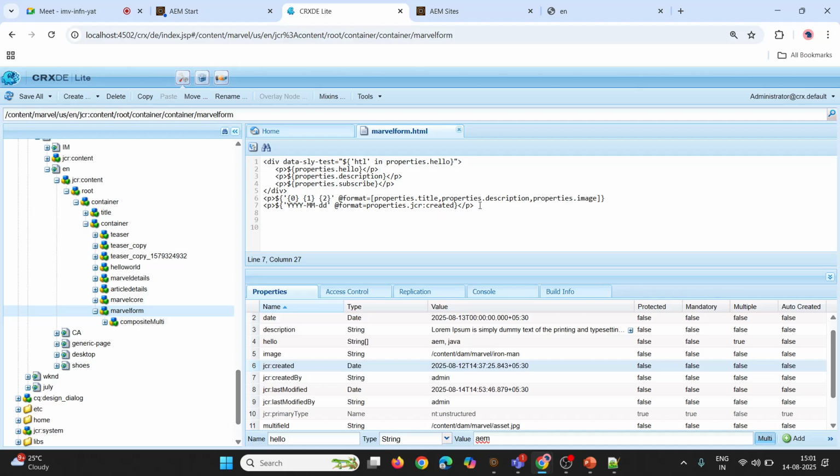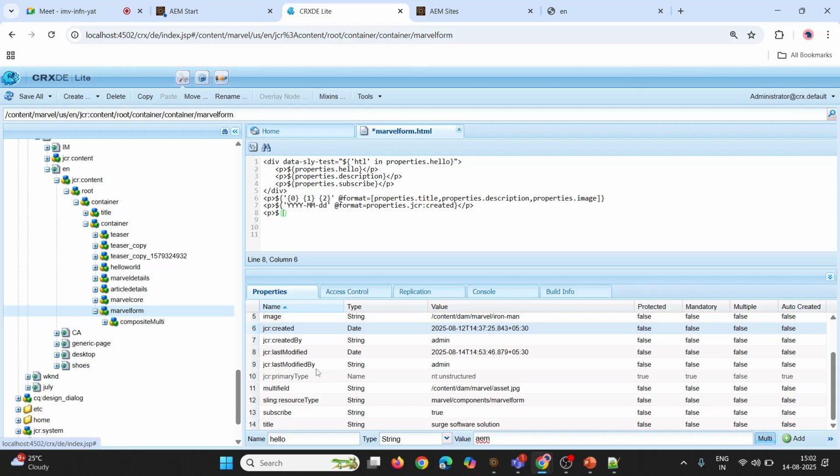In the formatter, it does not support decimal numbers as well. It will only support whole numbers. So if you want to print the decimal numbers, how do we print them? With the help of the formatter only we can print. So dollar curly braces. Now if you go for a number field,